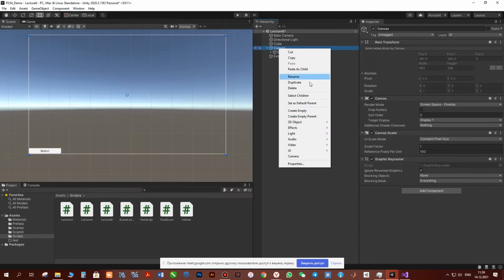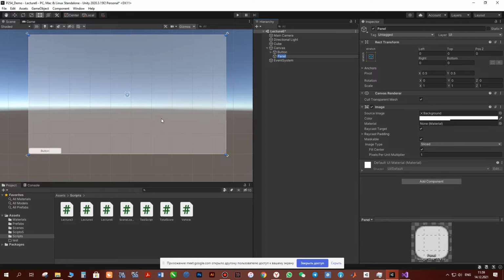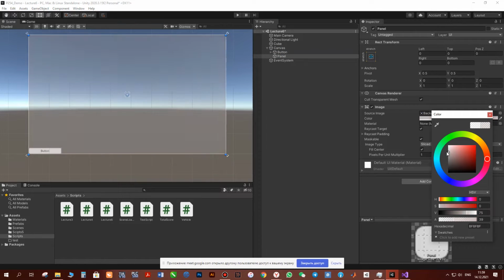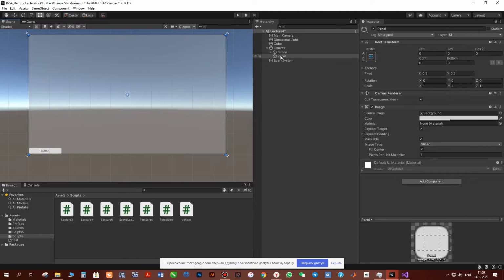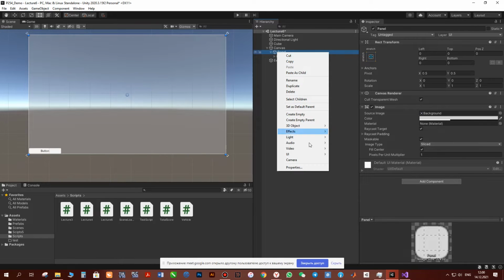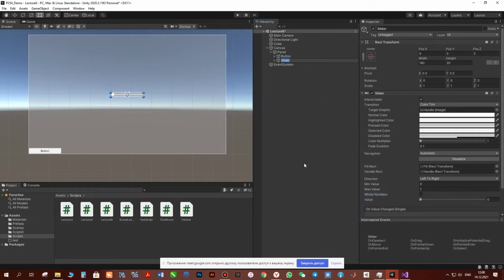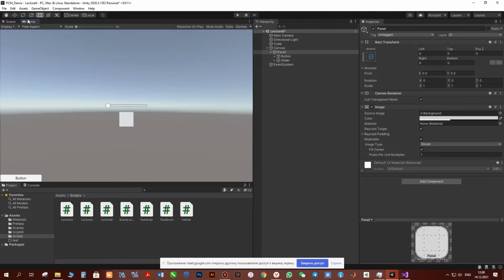For example, we can create panel here. Panel. We can change its color to any other color. And on this panel, we can locate our buttons, for example. And for example, I'll create slider. And we can locate this panel somehow. For example,